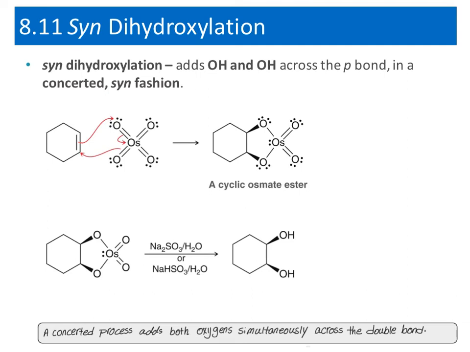So in the first step of this mechanism, the pi bond will move over to the oxygen, and that forces one of these bonds to break and move over to the osmium. This forces one of these bonds to break and form a bond with this carbon. And this process will form a cyclic osmate ester. So we see that osmium gets a lone pair of electrons, and both of these oxygens are added to the same side. The next step of this process is going to be reduction. So we are going to use sodium bisulfite and water, where we are adding 2 hydrogens to these oxygens